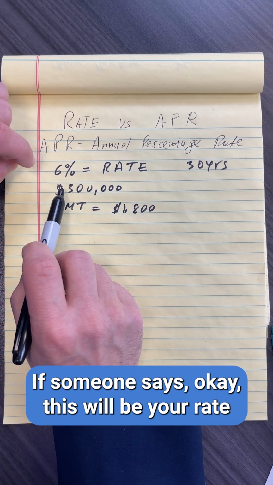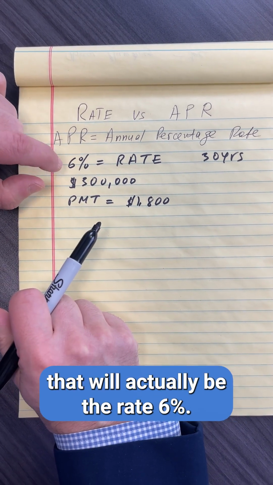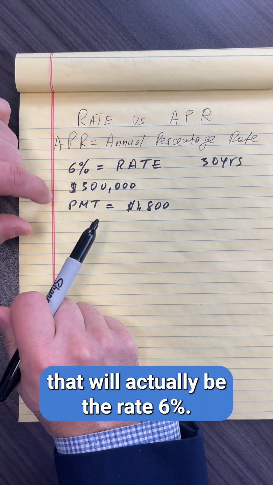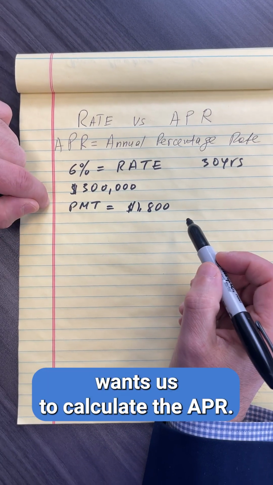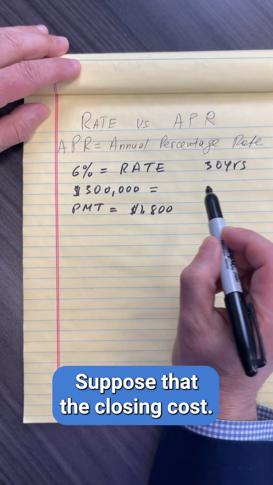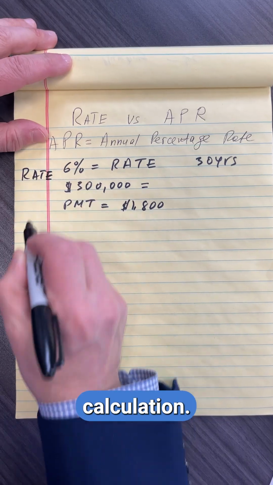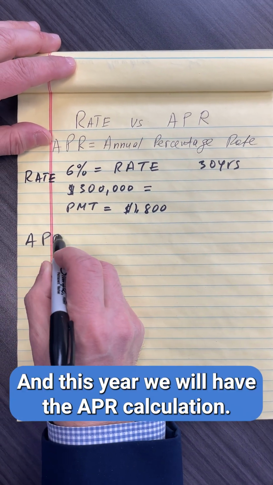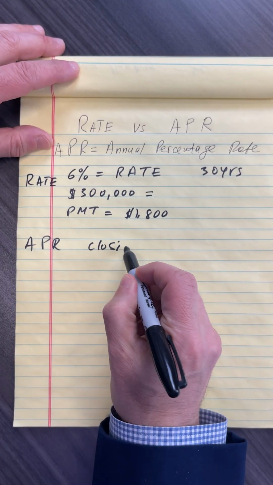So that is just a regular rate. If someone says this will be your rate when you start receiving your mortgage statements, that will actually be the rate, 6%. Now, what is the APR? This is how the government wants us to calculate the APR. This here is the rate calculation, and here we will have the APR calculation. Suppose the closing costs